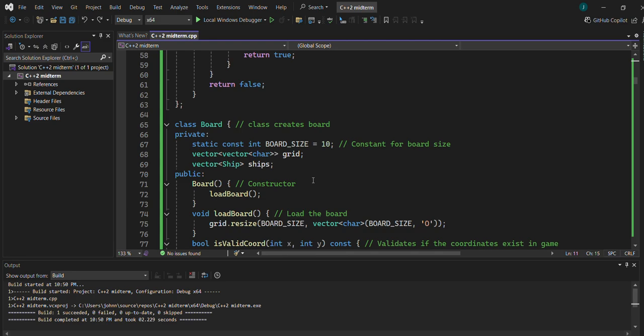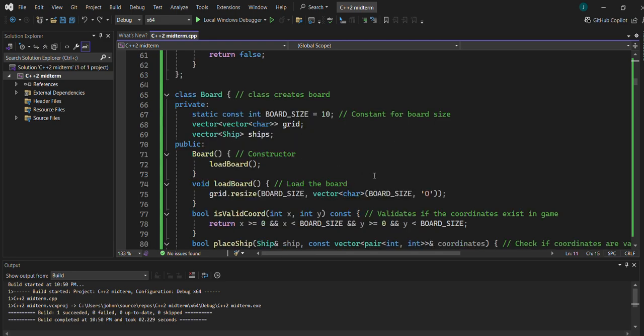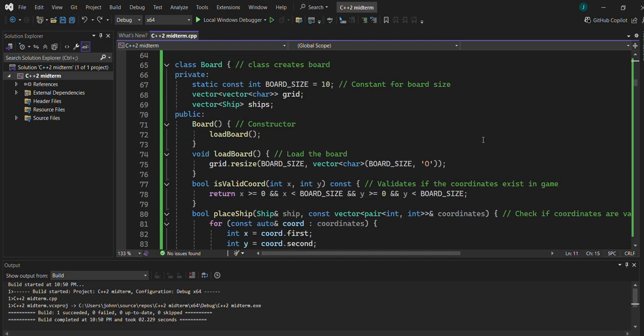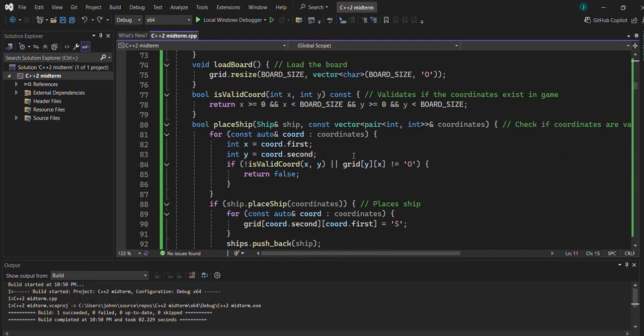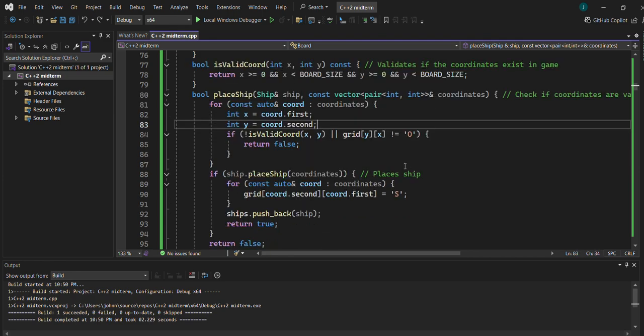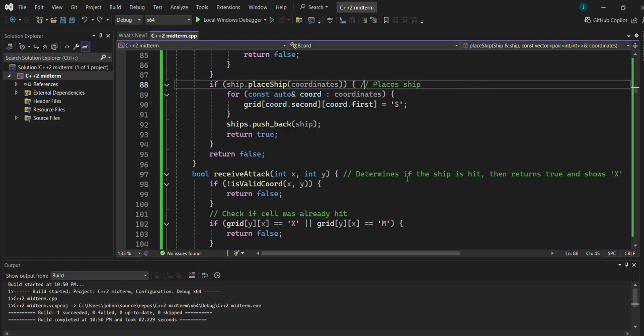Here, load board is where I actually start assigning my board here with O's, and then I use a vector to make a grid here. I then place a ship to set where the ships are going to be given on my board, and then